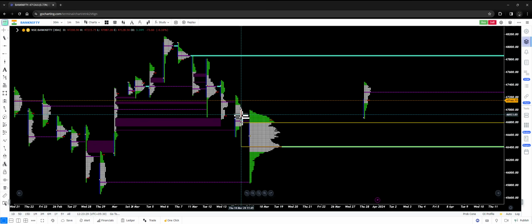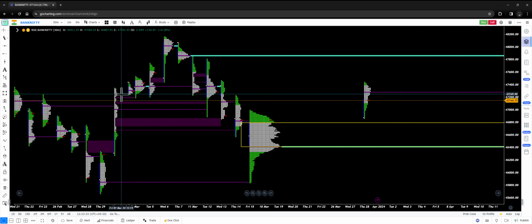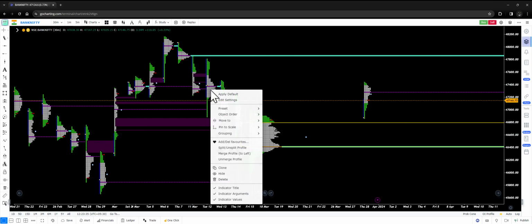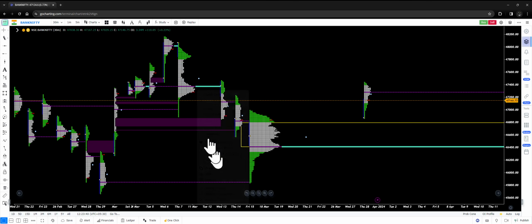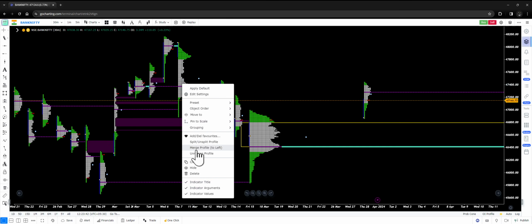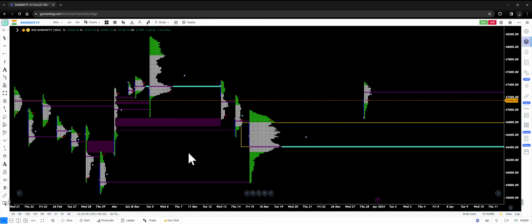Now we'll do a similar thing, and before the market came down, what did we see? This 6-7 days of profile. So we'll do a similar thing over here, merge to the left. We again go and merge to the left. So you see, it is as simple as this if you do not understand market profile to the T as